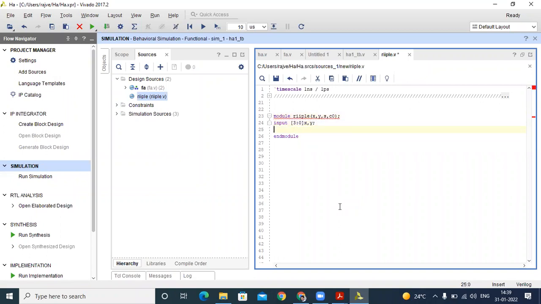After that, we get our output. The output we also take as 4-bit. This is our sum. This output is our carry, which is 1 bit.